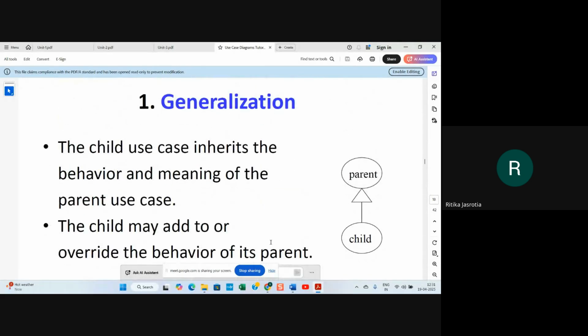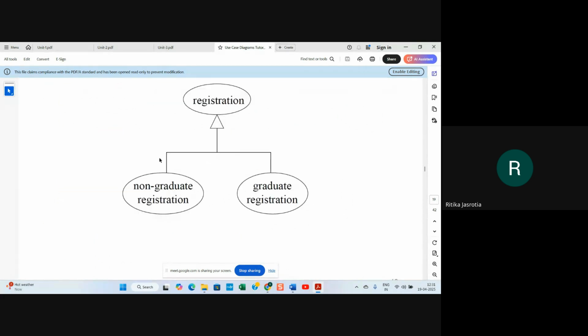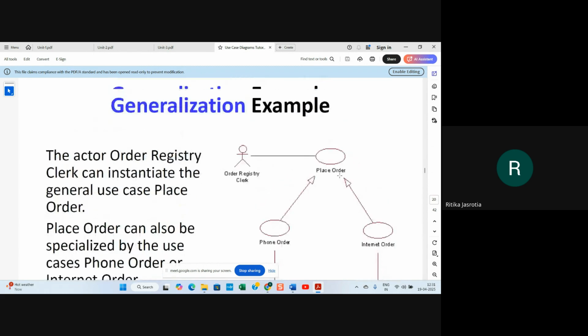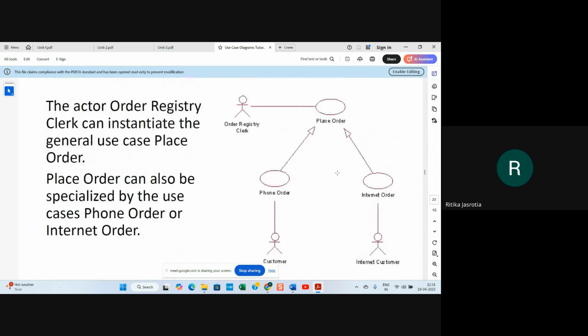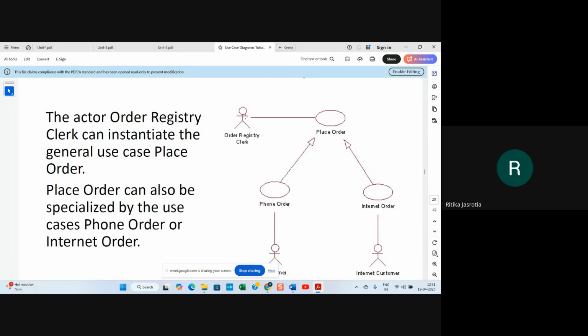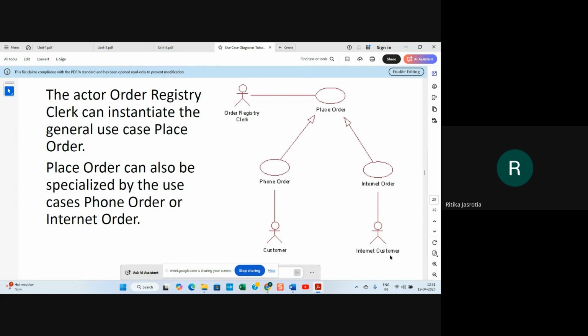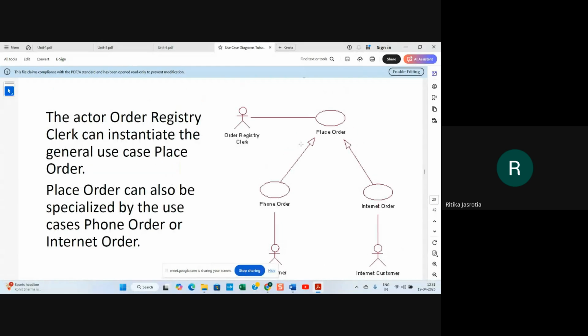Generalization is similar, with a triangle showing the parent and child relationship. For example, registration is a use case, and there are two types of registration: non-graduate registration and graduate registration. So it is shown as generalization. Here is an example they have given: the order registry clerk is an actor and customer is an actor, with two types of customers, the normal or non-internet customer and the internet customer.